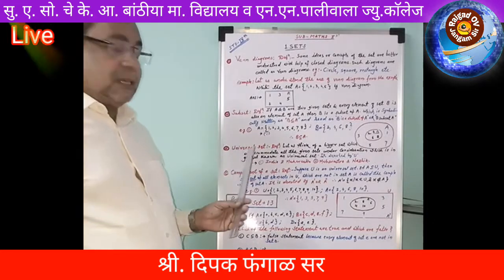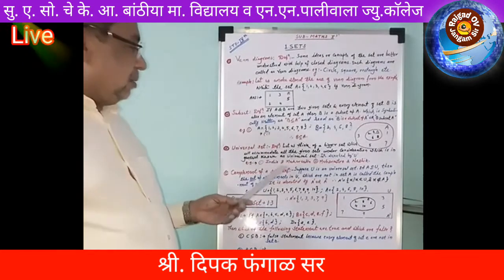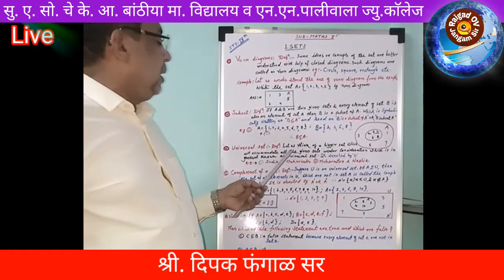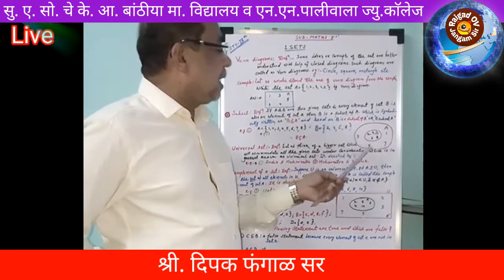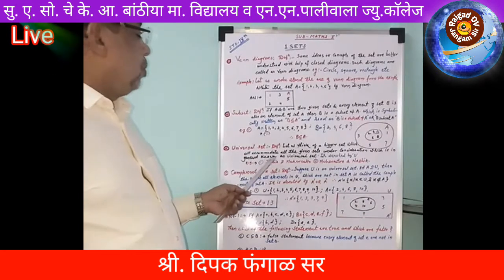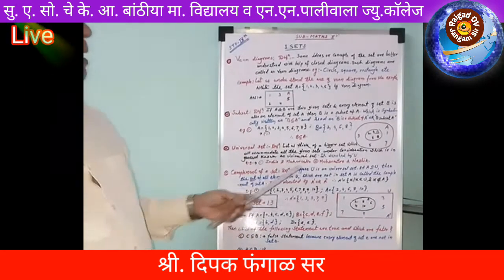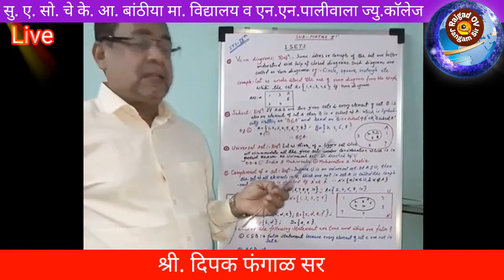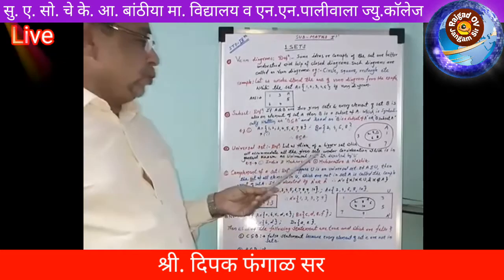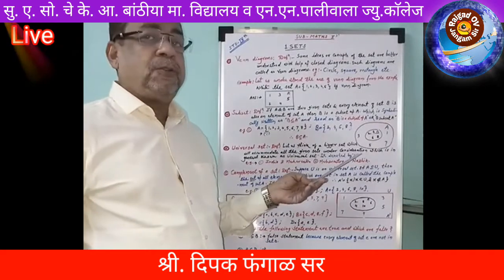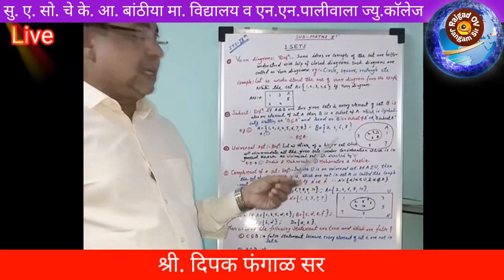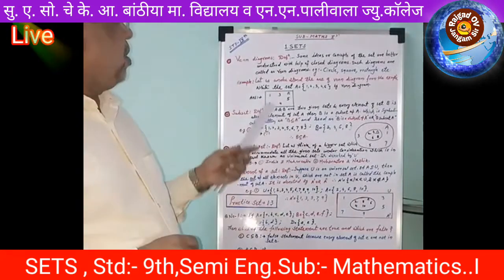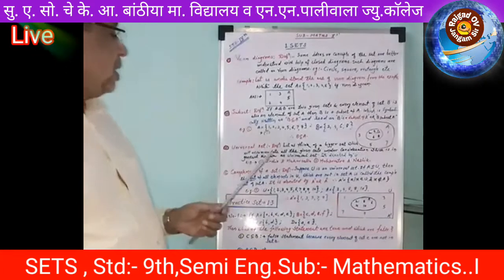Now the next definition, that is universal set. Let us think of a bigger set which will accommodate all the given sets under consideration. It is in general known as the universal set, and it is denoted by capital U, and the universal set is represented by a rectangle. These two things you remember. When you write U, you consider that it is the universal set, and when we write it with the help of a Venn diagram, you can use a rectangle for writing that.